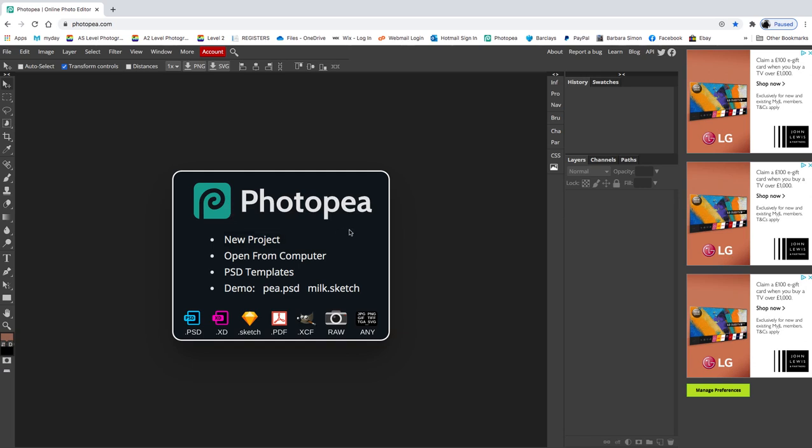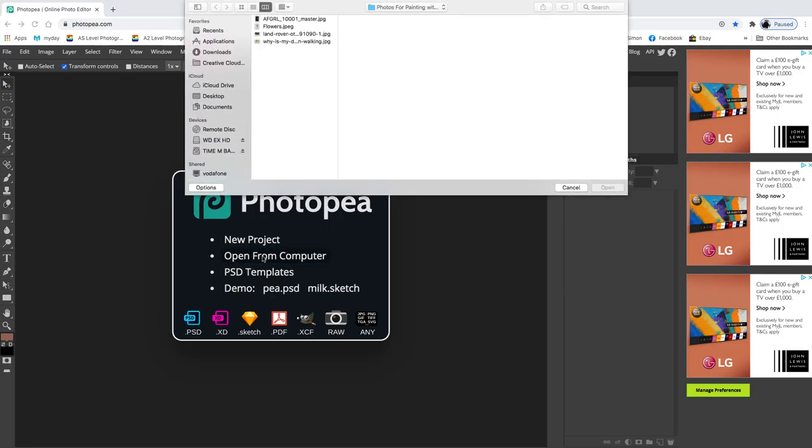So what do I need to do first? Well, I need to open a picture from my computer, one of the ones I've sent to you, so that's what you'll do. And it'll ask you where to go. Depending on your operating system, on a Mac it's just popped up. So I've gone to my desktop,